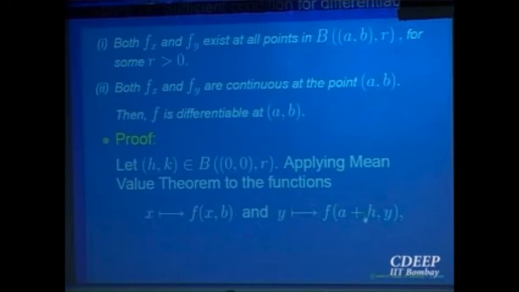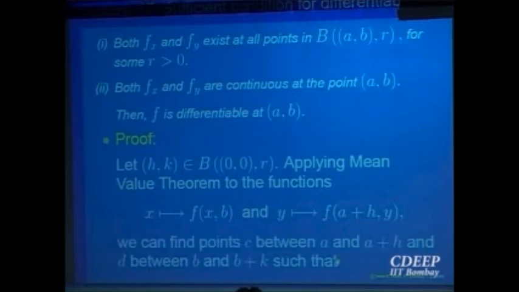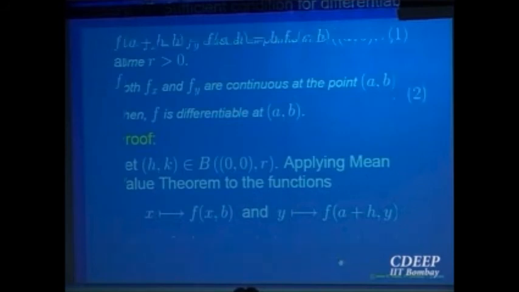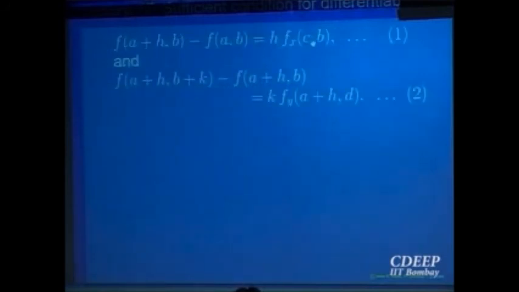What does Lagrange's mean value theorem do? f(b) minus f(a) is equal to the increment (b minus a) times the derivative, and we are going only in one direction each time. So each one will give you the increment times the derivative in that direction, fx or fy. So we do that appropriately. So apply the mean value theorem. So we get a point c, and a point d, between appropriate intervals, so that